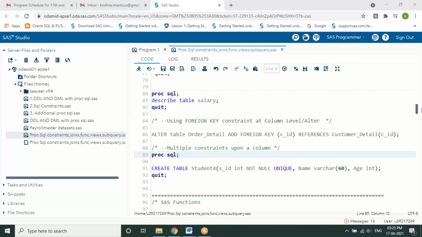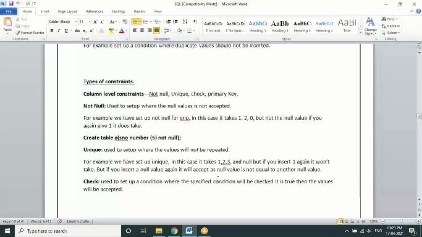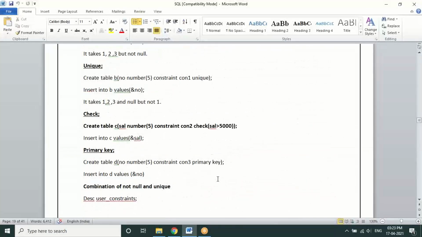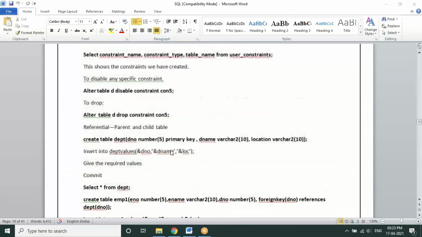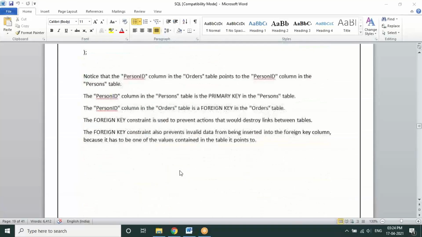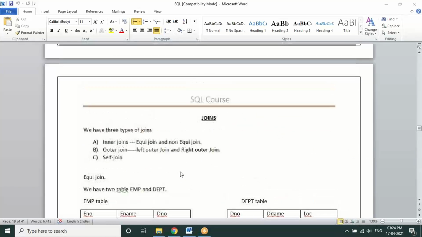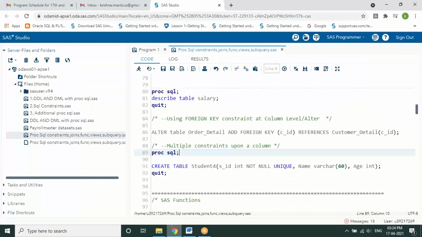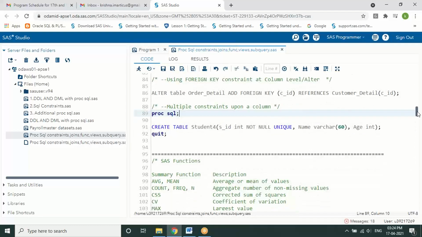Okay, so fine. The next point under the SQL is that we can work on the functions. The document which I've shared with you is a complete concept of the functions. But the SAS functions are very huge in number, so that's the reason we have some restrictions on working with functions in SQL.